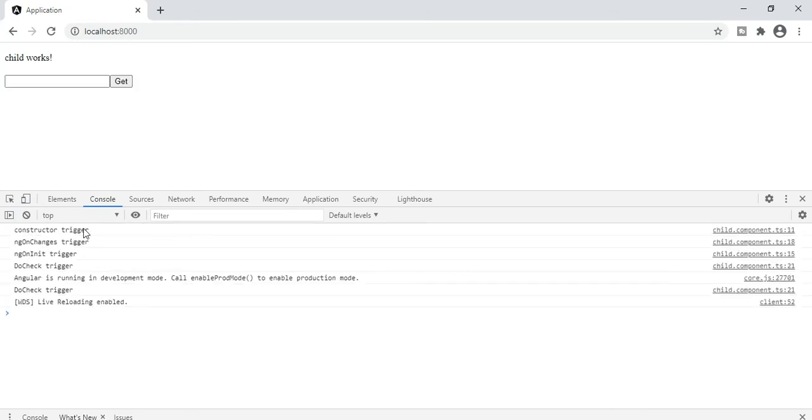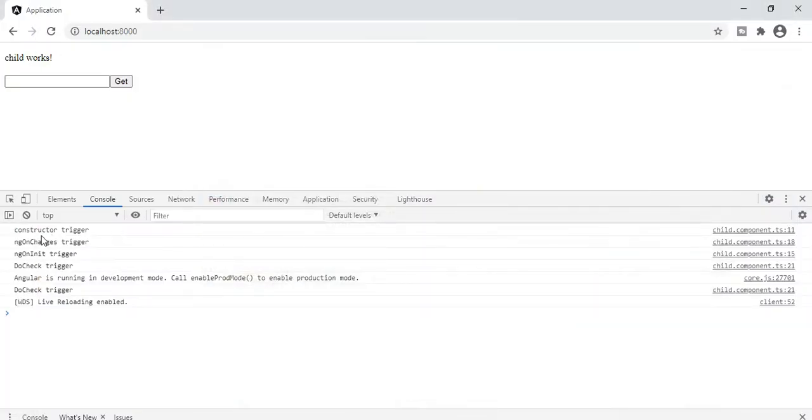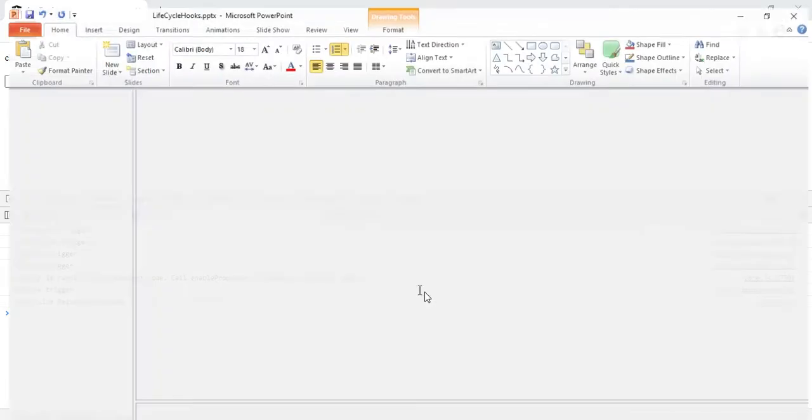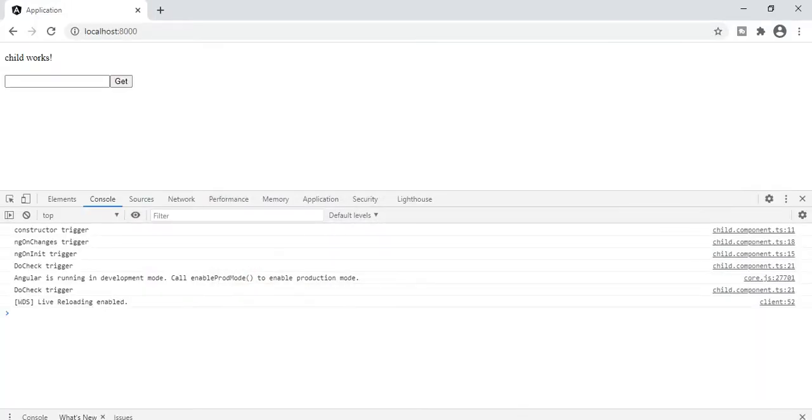So first one, constructor is triggered, that's fine. And as you see, the first one with ngOnChanges will trigger, perfectly all right. And after this ngOnInit, then the second was ngOnInit, then third ngDoCheck is triggered. Also I told you that this particular ngOnChanges accepts one parameter called SimpleChanges.